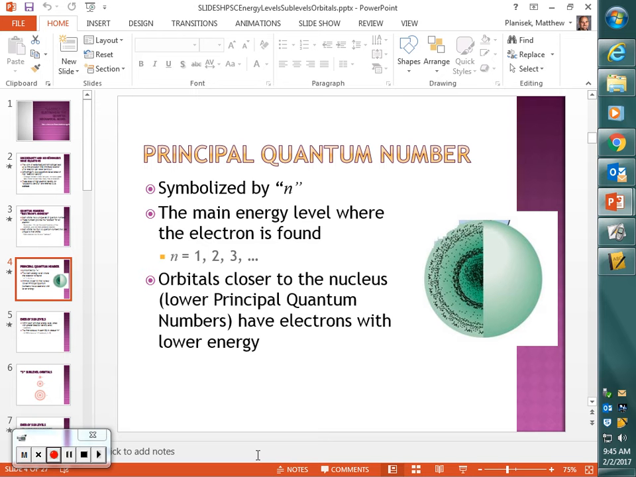Principal quantum number identifies energy, which identifies generally how far from the nucleus we are. Okay? All right, good with that so far? All right,